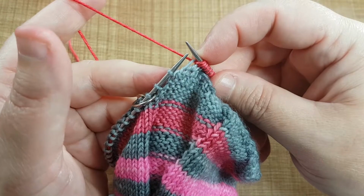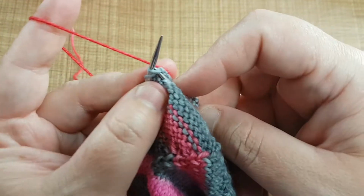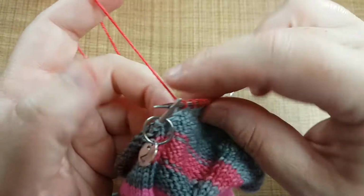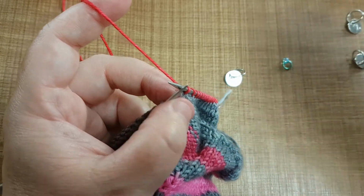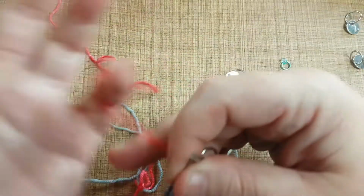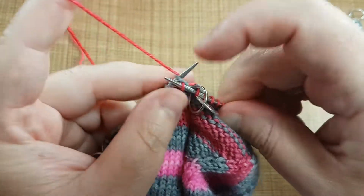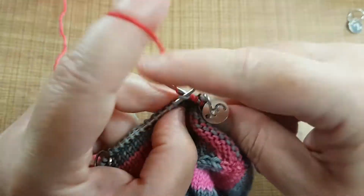Okay, so we knit to our 1 stitch before the gap. Now we knit those 2 stitches together because we're reducing it down by the 2 extra stitches. Now this is needle 3, so I'm going to swap out the 2 and put on a 3. So needles 3 and 4 are just straight knitting. Now don't let me forget to actually do my